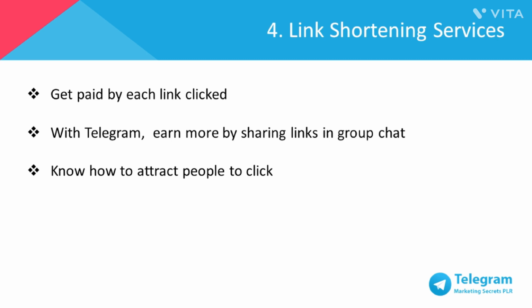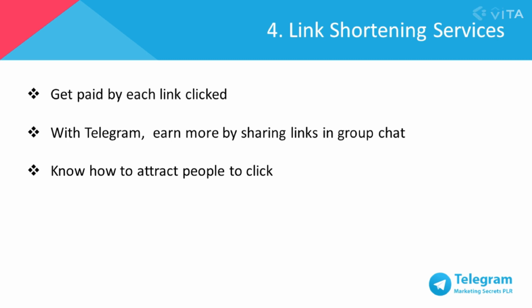How you can earn money via URL shortening is you get paid for each link clicked by the visitors. An intermission ad will be displayed for 5 seconds, and you're paid for having that visitor see the advertisement. With Telegram, you're able to share shortened URLs with trending topics and get paid per click. And you'll earn more when you join groups which contain more members, and more earning when they share the links